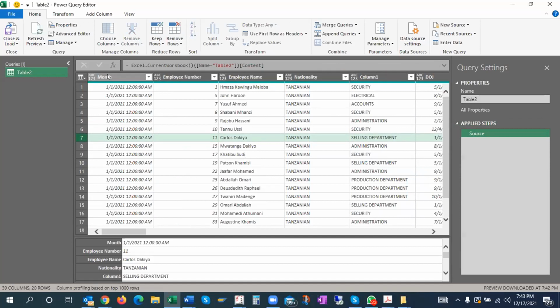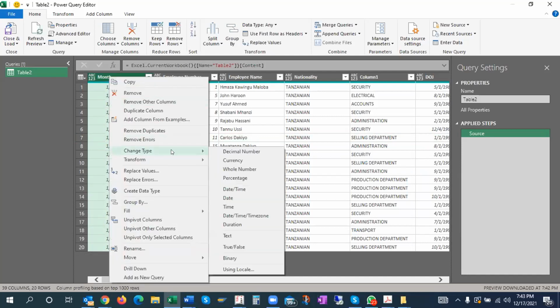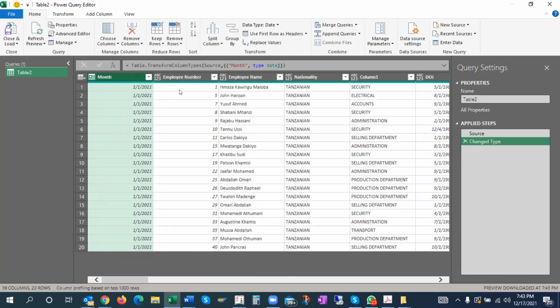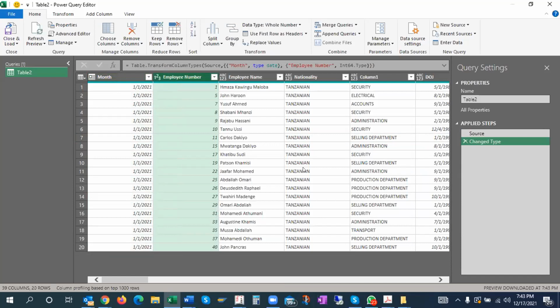For changing the type, I click here. I go here on the month, right click and say change type to date only, because I want only date. I know this is a whole number, so I'll click here and then say change type to whole number.